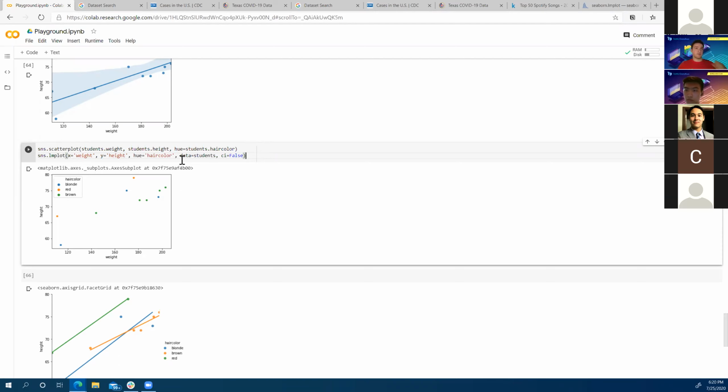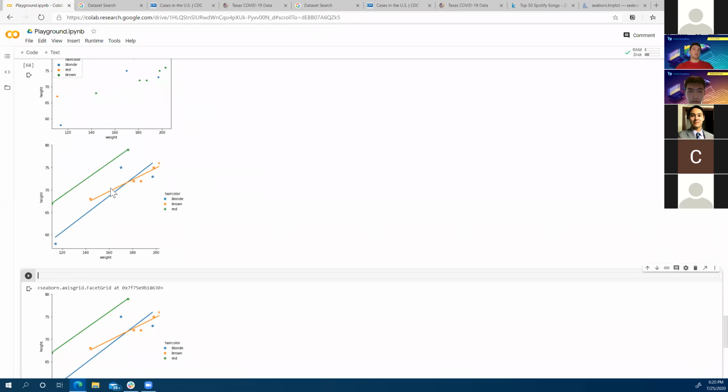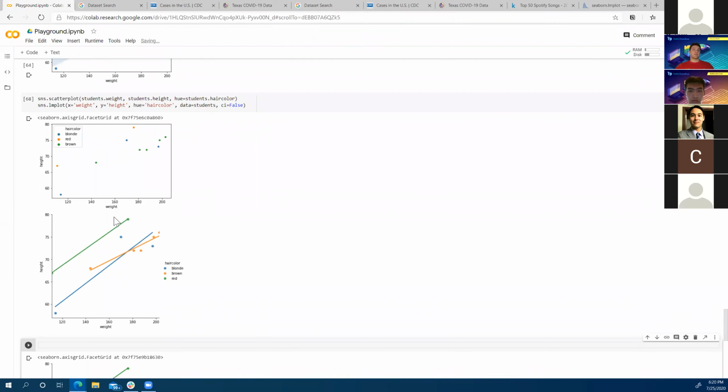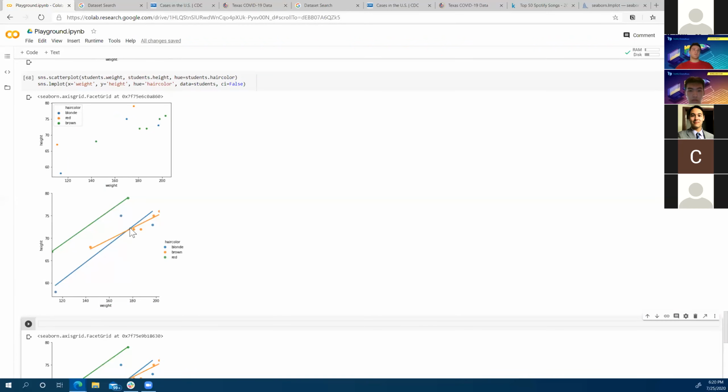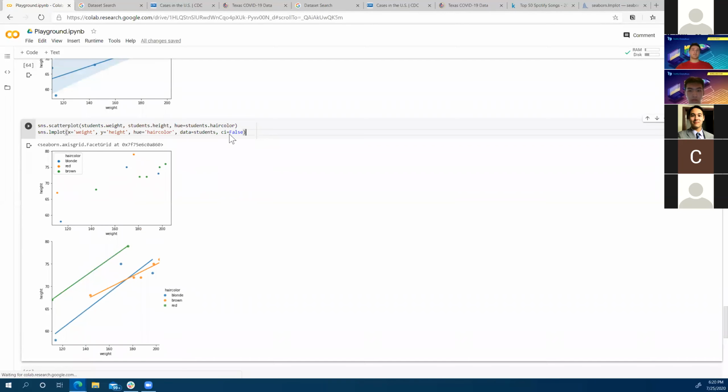when you're in a single code block and you're running different types of plotting functions, it'll plot, yes, I'll send the code for the data frame in just a second. If I have multiple plots in the same code block, it'll put all of those plots in the same graph. So if I were to run this, I think you're right in that. Oh, actually, okay, it did two. That's interesting. Never mind, I was wrong. Blonde, red, brown, and blonde. Okay, it was not consistent. That's a good question.